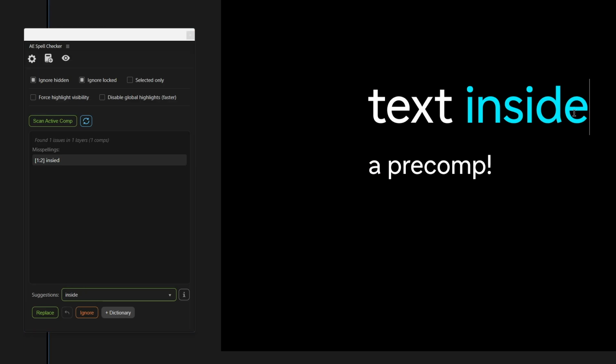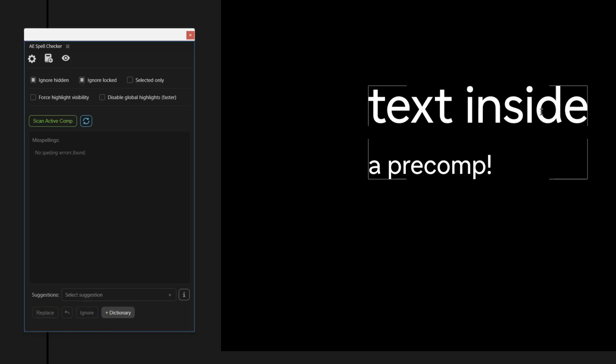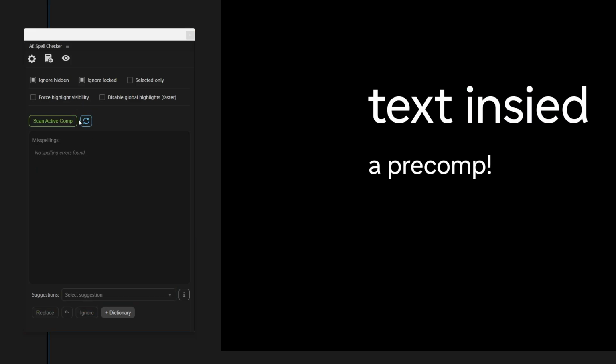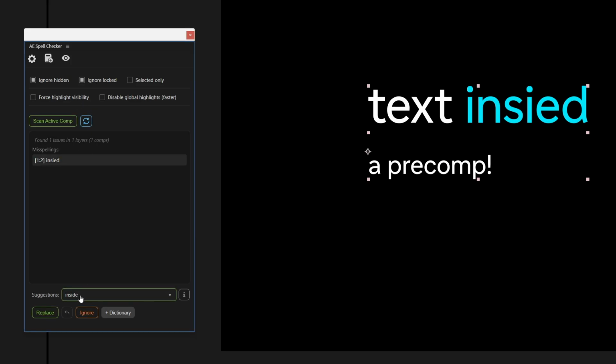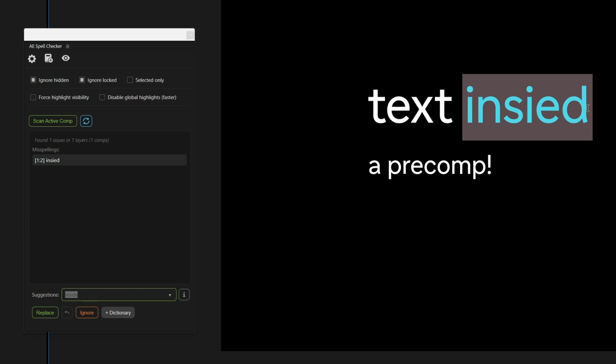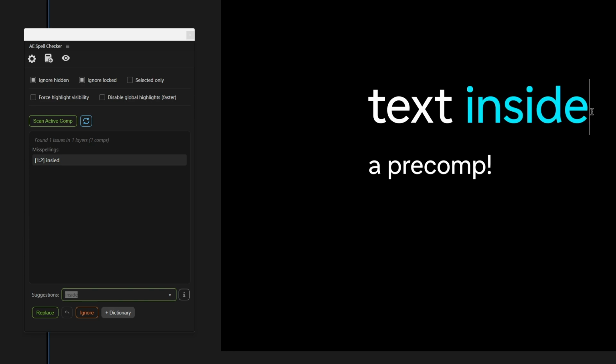Another thing you can do in this scenario is copy and paste, but that is actually the second gotcha. If you copy a word from inside this box, you actually need to leave After Effects and then come back in and paste. This is a limitation with how CEP panels handle the copy and paste commands inside of After Effects.